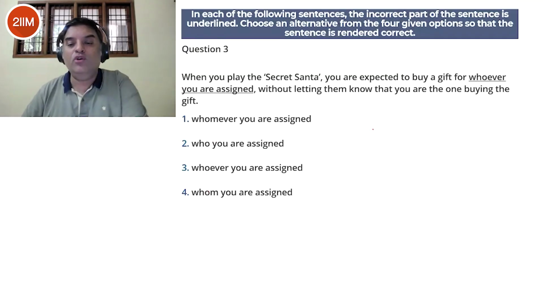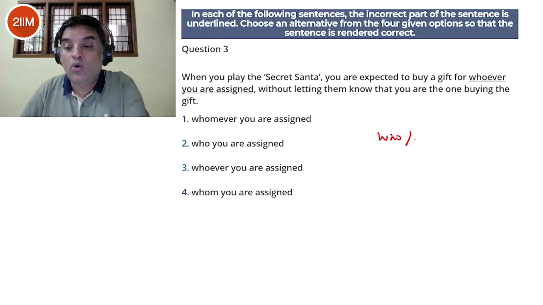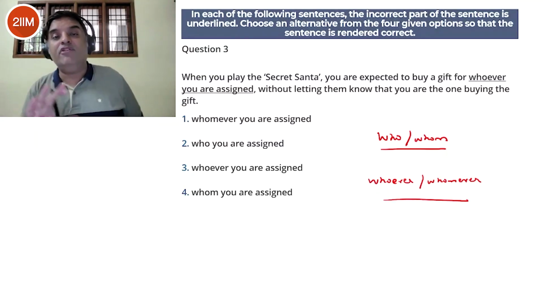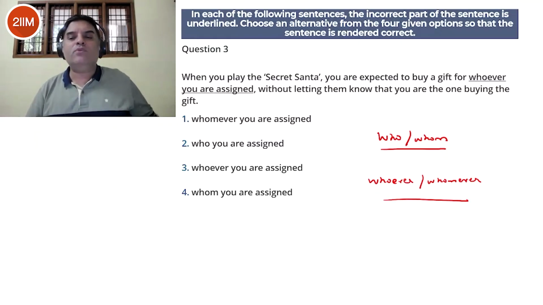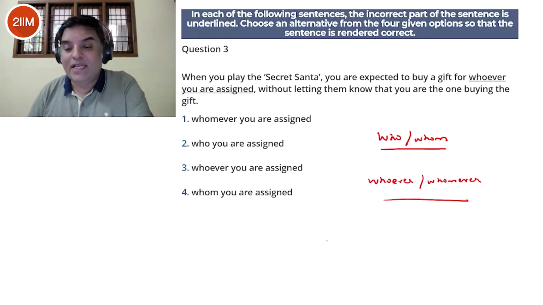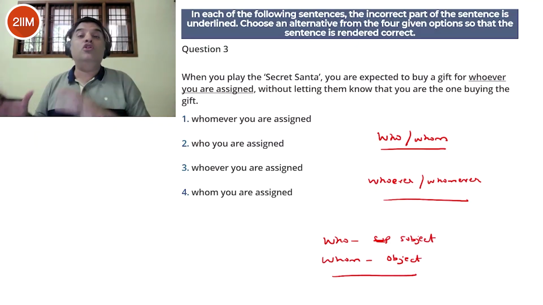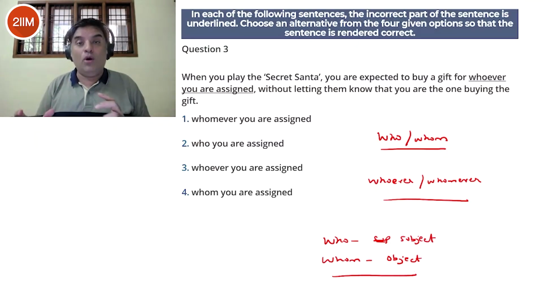All right, so first of all, you have to understand who and whom, or the extension of that, whoever or whomever. Confusion happens in English because of this. You should make sure to understand the difference between who and whom for the exam, because these questions pop up quite often. Now, remember, who is for subject, and whom is for object. This is a basic principle that you should know. Who is for subject and whom is for object.